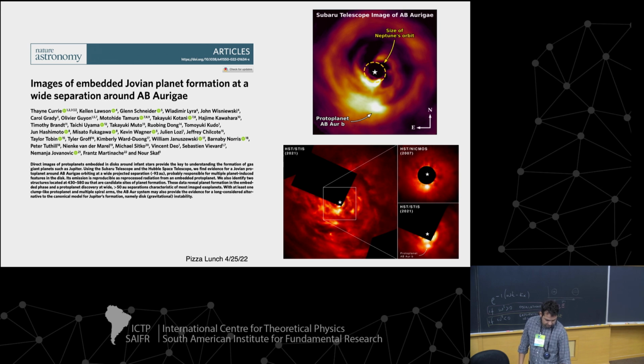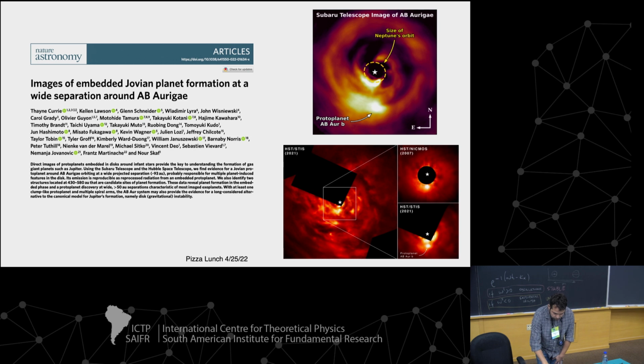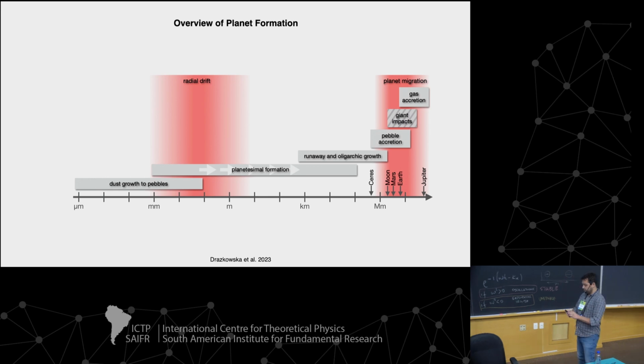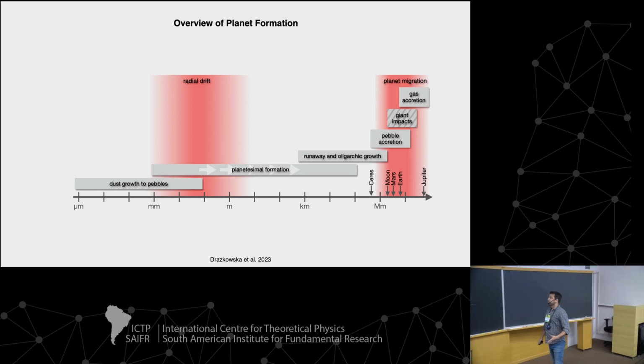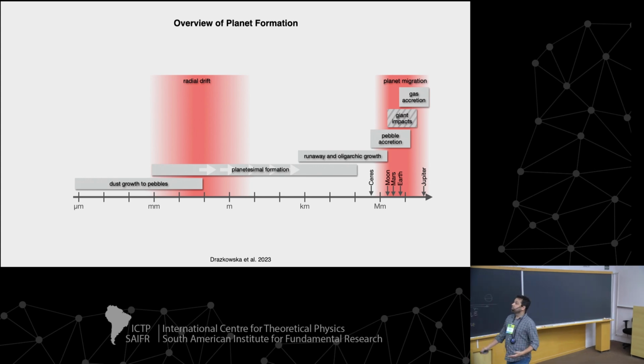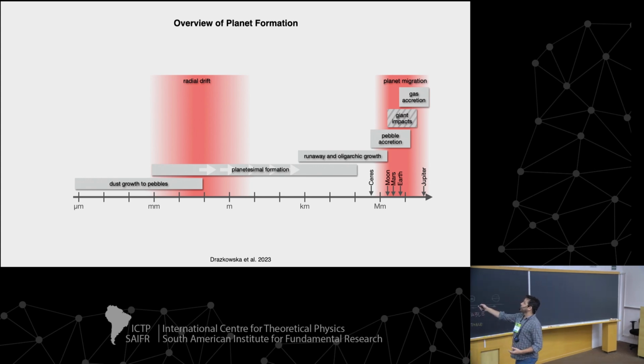So let me change gears a bit. Now we know how to form planets, it seems, right? We covered a lot of ground here in these 4 lectures so far. We passed from the dust, right? You start from interstellar dust, you grow them to pebbles, and then there is a mechanism to form the